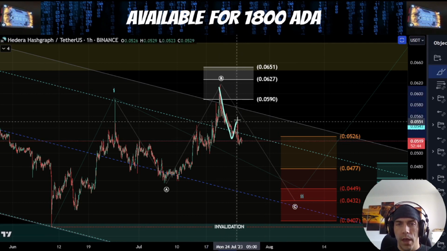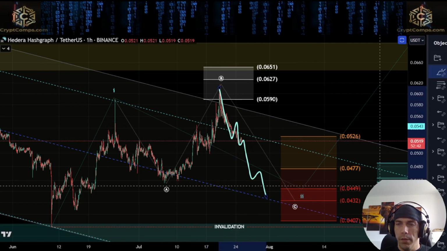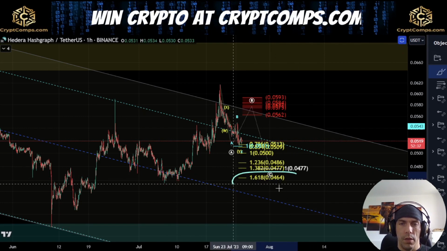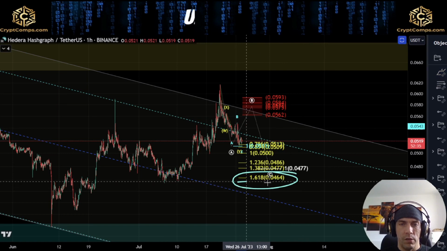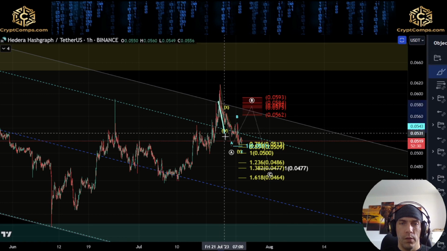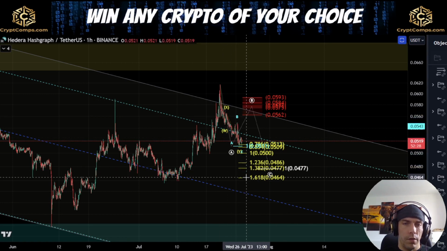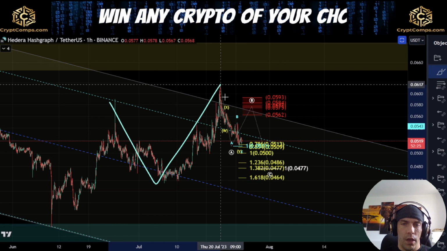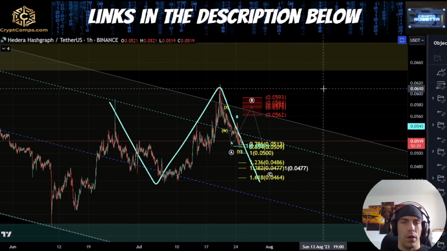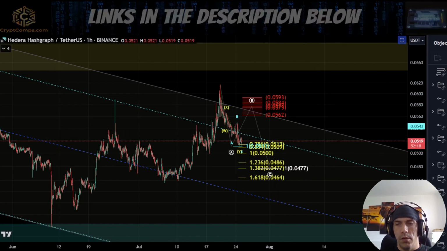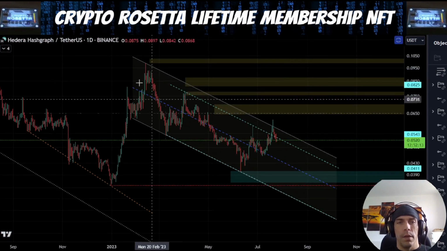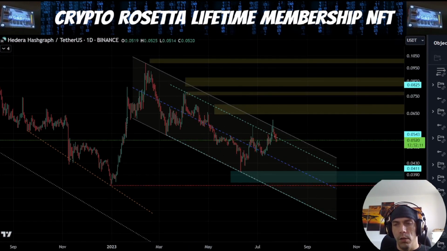So if we do get this as A, B, 1, 2, 3, 4, and 5 to the downside, something along those lines, what this could mean is that we could come back down into some of these lower levels here, possibly into this 1.618 of the W wave here. So we'll have to keep an eye on this. If we do see price push down in this way, what we could then see is that, like I said, this is W, this is X, this is Y, and we could still see that possibility that we get a push to the upside. Now, if we start to break down here, we need to be a little bit careful, because within that bearish scenario, like I said, we have that possibility that we could still be looking for a